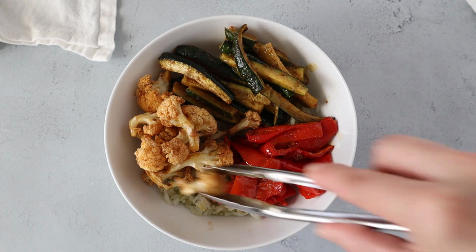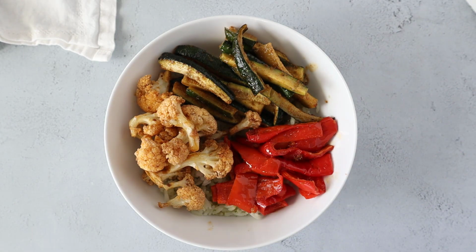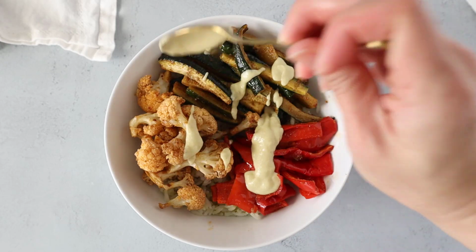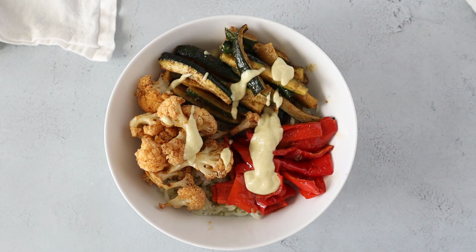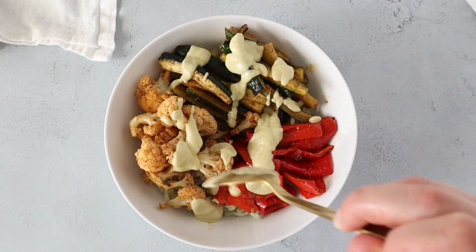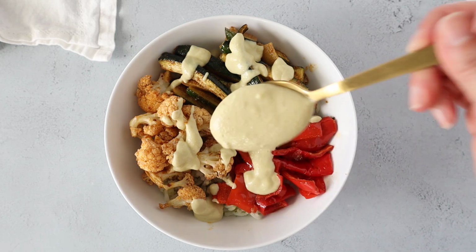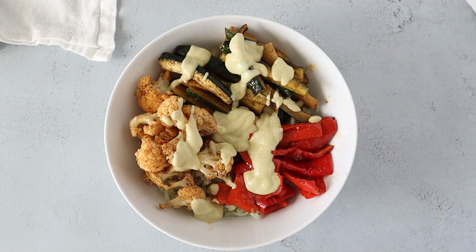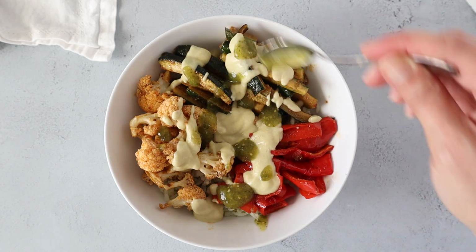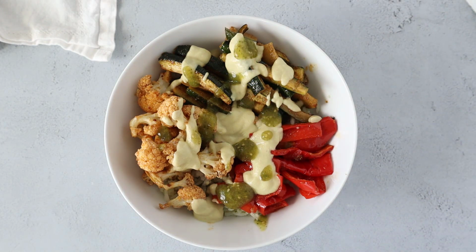So once we have all of our veggies piled on, I'm gonna go ahead and drizzle the cashew queso, and I will link in the iCard for the recipe for that, but put as much or as little as you want, though I suggest putting quite a bit. The cashew queso is just gonna add a bit of creaminess to the bowl, as well as another depth of flavor, since the queso has some green chilies in it as well. And then just to top it off, I'm gonna put a little bit more salsa verde for a little more kick, as well as for some color. And if you wanted to eat this with some tortilla chips on the side, that would go really great as